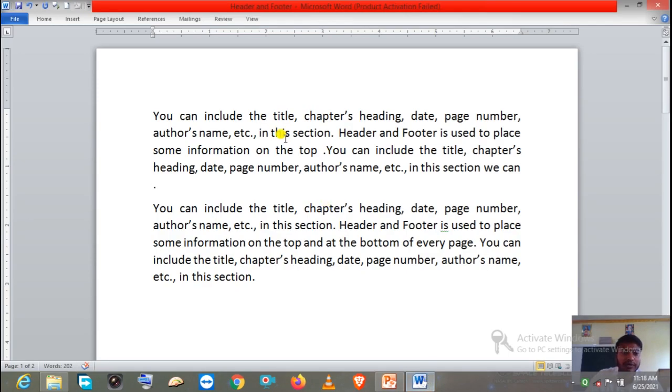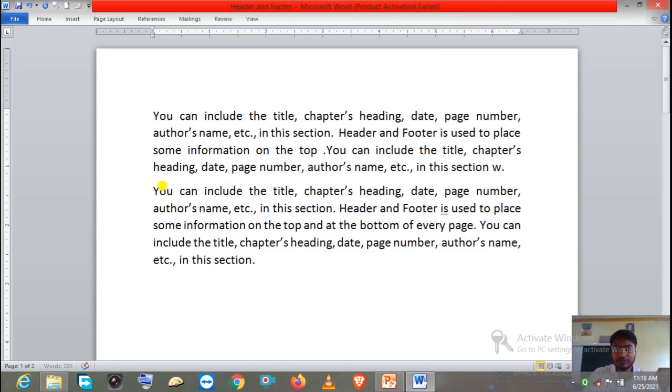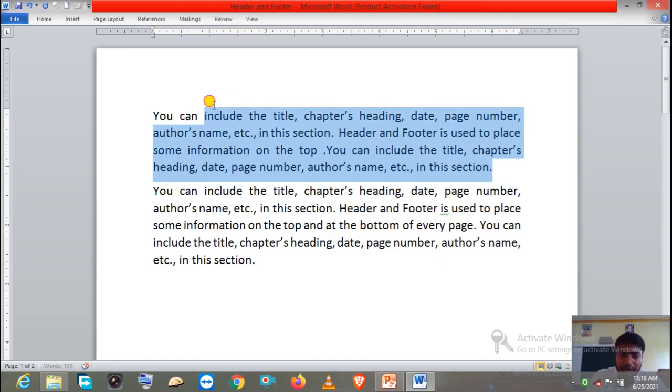So this is the document as you can see on the screen. Suppose you want to increase the space between the lines. I want to increase the space in this paragraph between the lines. Here we have 4 lines, 1 2 3 4, and this is the space in between 2 lines. You can see some gap, that is only a space. By default it is set to single space. But we can increase.